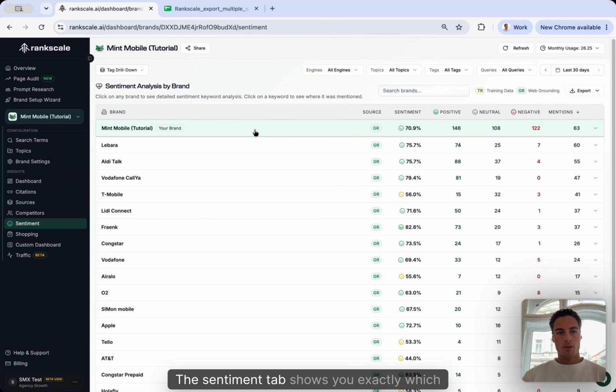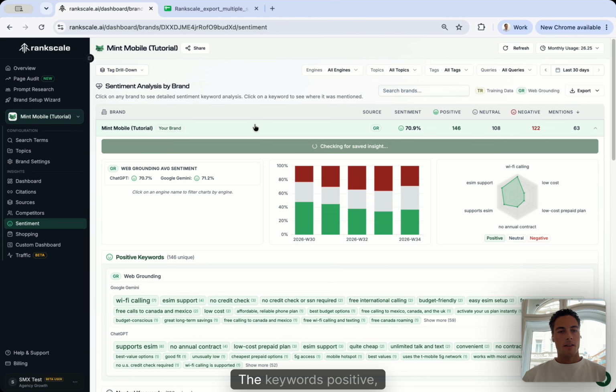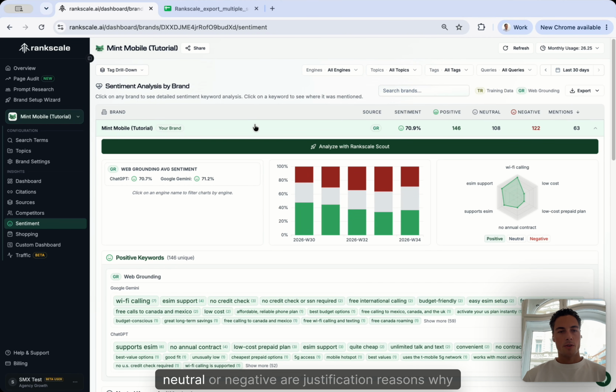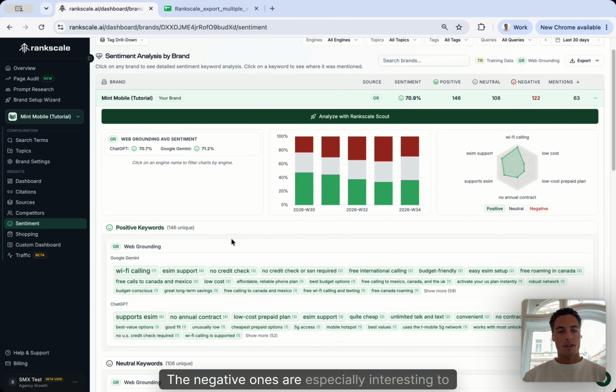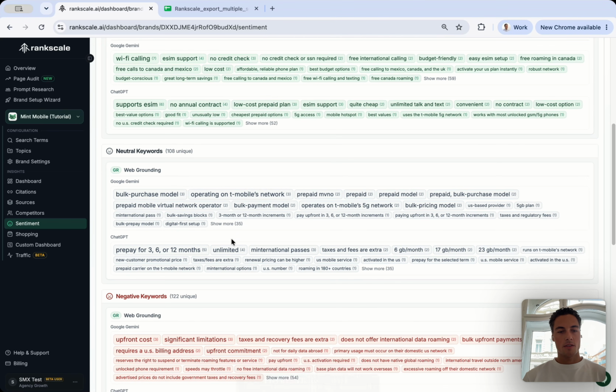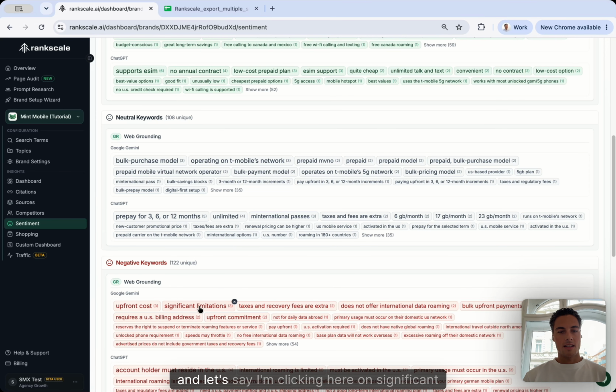The sentiment tab shows you exactly which positive, neutral or negative keywords AI search engines use to describe you. The keywords positive, neutral or negative are justification reasons why your brand was being recommended or discouraged from being used. The negative ones are especially interesting to have a look at, so I'm scrolling down and let's say I'm clicking